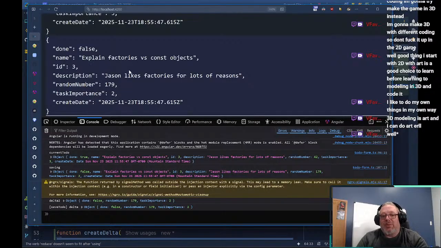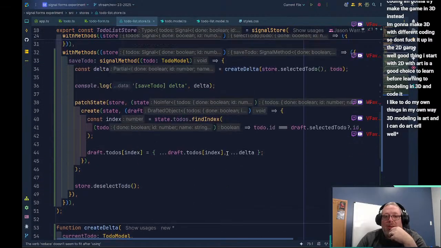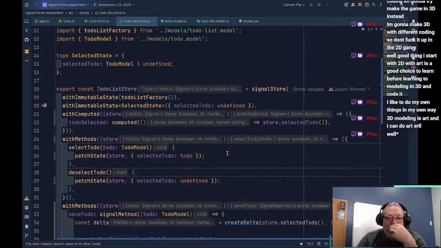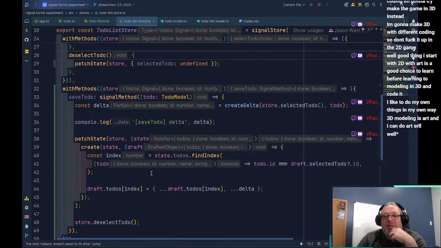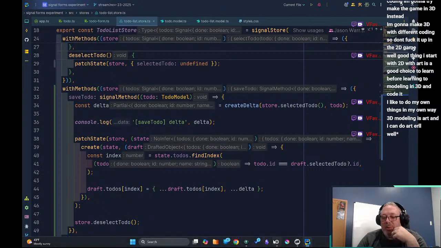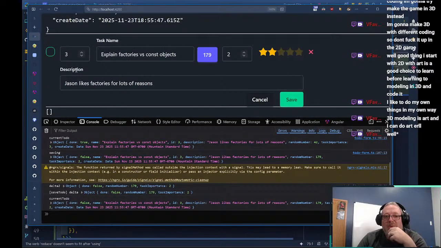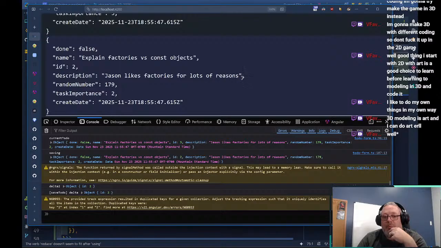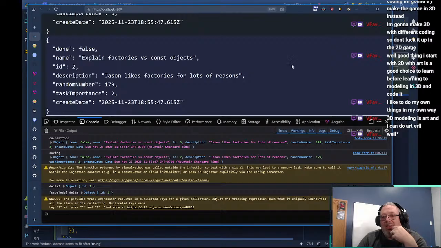There is one problem with our code, and we can create the problem so that we can see it. Let's go ahead and edit this one, and let's set the ID to 2. Boom. So we can see that I set the ID to 2, and now we've got a collision on the ID.